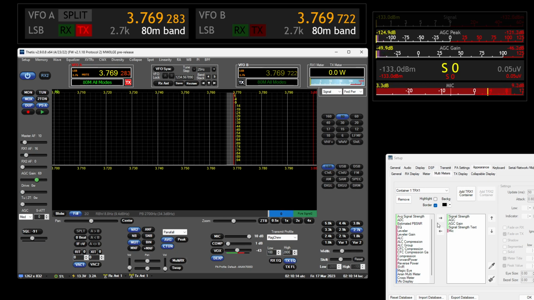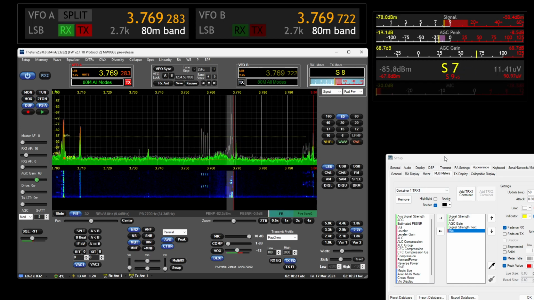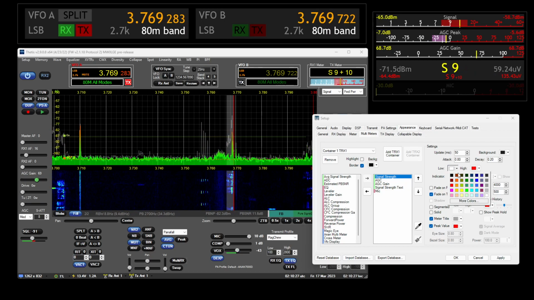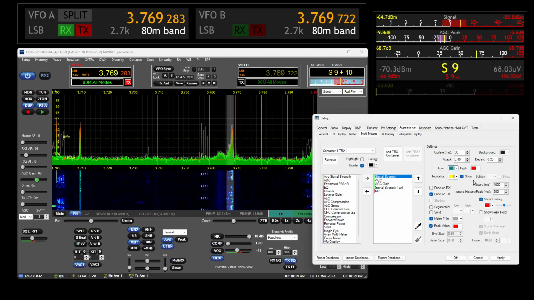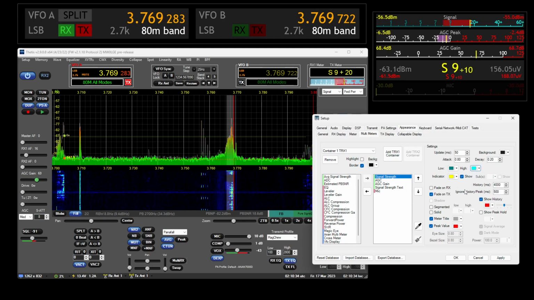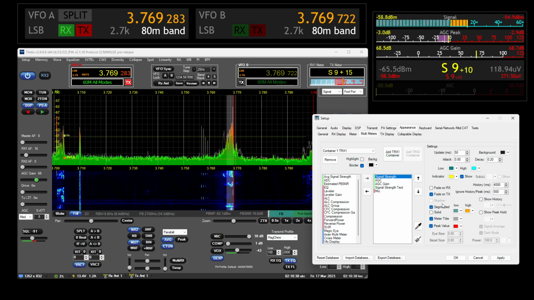We can have a fade on receive on it, so that dims away as well. And of course you can change all the colors. So let's make this top one different. So low will be that color, high will be bright. We'll not use history, we'll use a segmented bar